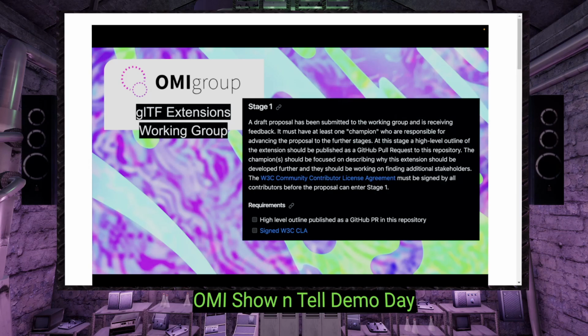And glTF extensions go through a life cycle where at stage one, in some cases it's just been chatting in Discord and M3, like, hey, we should have a spawn point extension. This stage one is where that inception, that idea comes to life, and you build your first high level outline of what could go inside of a glTF file and be used to standardize around some kind of feature.